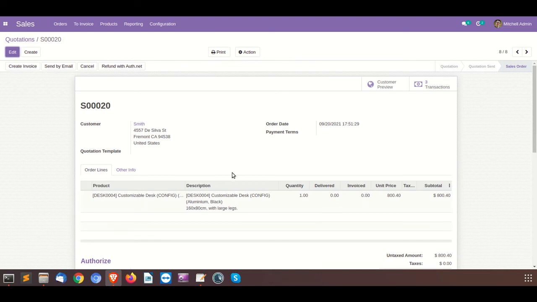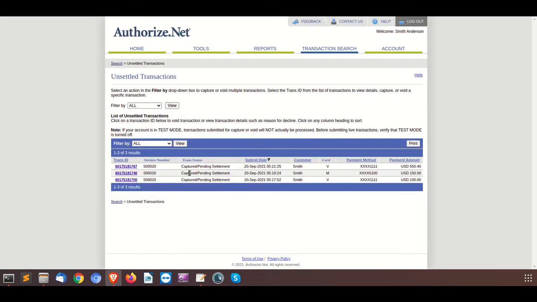So basically when I use the live account, these transactions will generally take 1 day to be settled. You can see that it is pending settlement. All right, so it will generally take 1 business day to successfully settle this transaction. Now after this transaction is successfully settled from the authorize.net side,